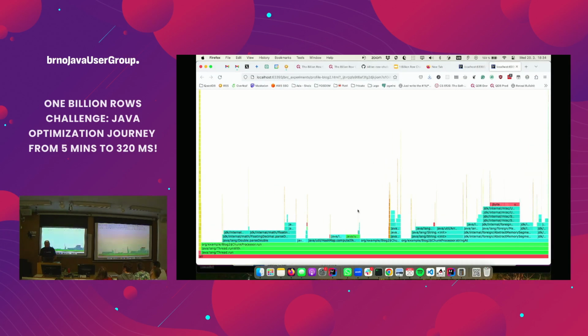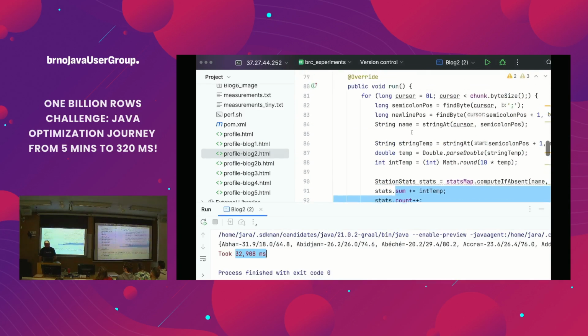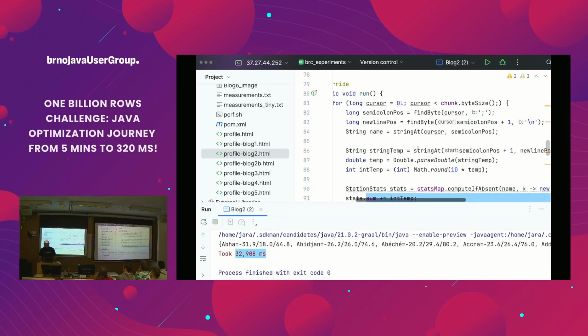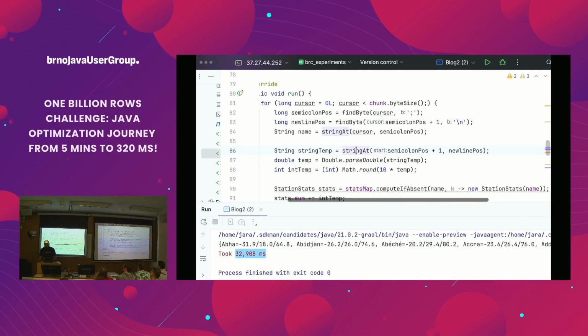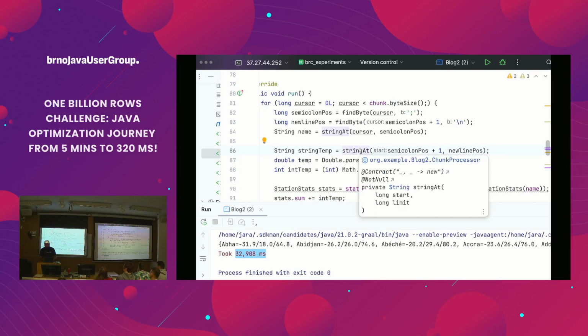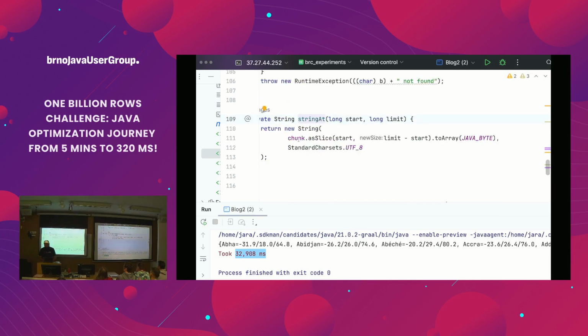And looking at the profile, this parse double sort of stands out. And if you check the code, what is it doing? And this string creation, it looks like it's almost completely unnecessary, right? Because we create an instance of String, which means basically here we receive some bytes, and then we need to create a UTF-8 string, and when created, it will run the validation to make sure that it's valid UTF-8, and we do all of this.